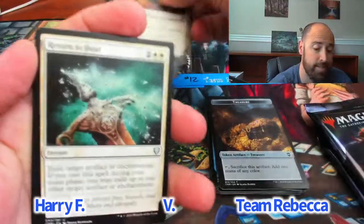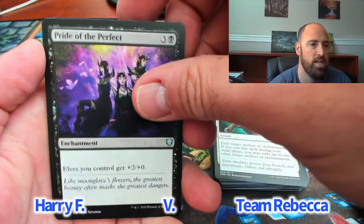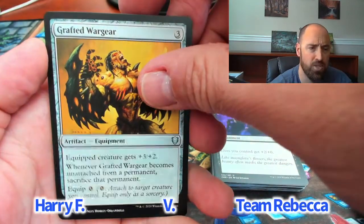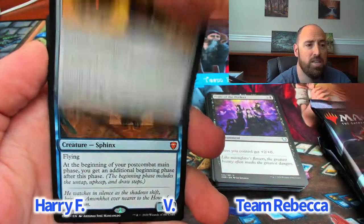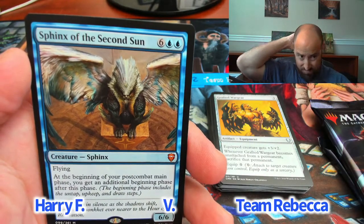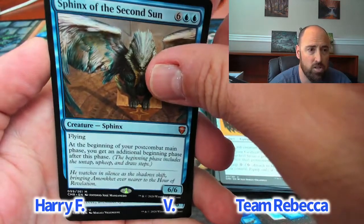Okay, there was an axe. Return to Dust, because you're exiling artifacts. Pride of the Perfect. You are, all right? Exile target artifact or enchantment. Yeah, that's right. Grafted War Gear. I almost thought it was a different card for a second, so then I had to go look. Oh, gosh. Oh, here we go. Mythic. Sphinx of the Second Sun, which is actually decent. I'm guessing about $7, but I don't know. Most Sphinxes are not decent, so...